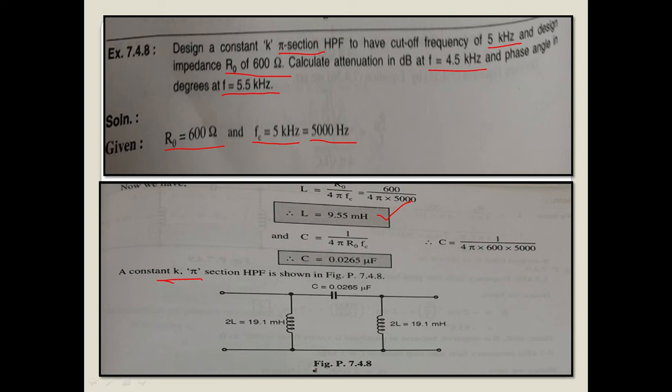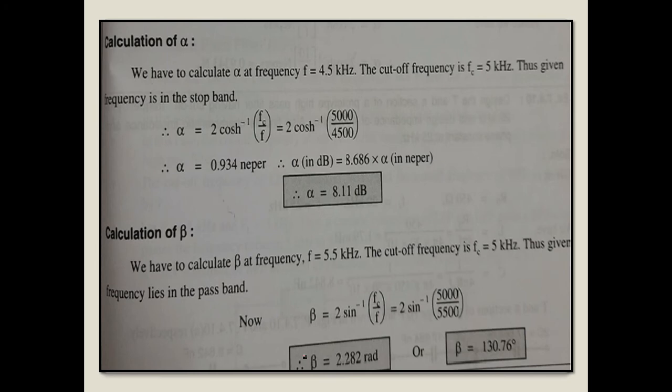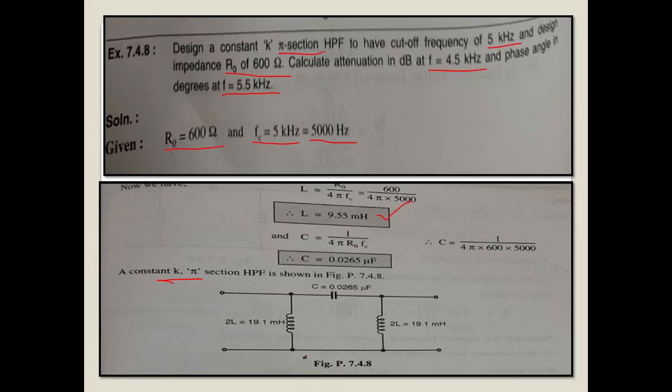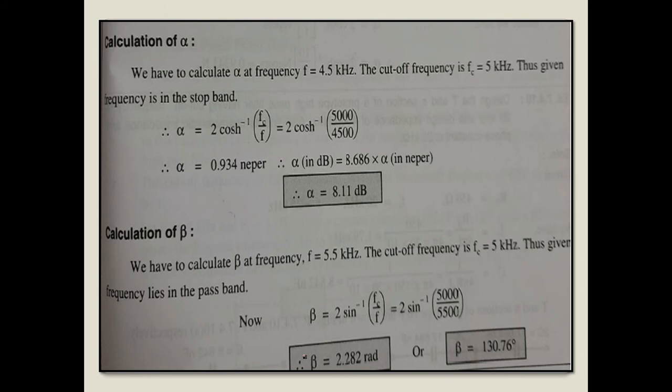And the final stage is that you redraw the diagram, means the circuit diagram, either it is the pi section or T section in case of the high pass filter, low pass filter, band pass, band stop, m-derived, whatever is asked in the examination, you draw the circuit diagram finally and substitute the values there that you calculated. In this way a better representation is shown at the time of the examination, that will give the maximum marks.